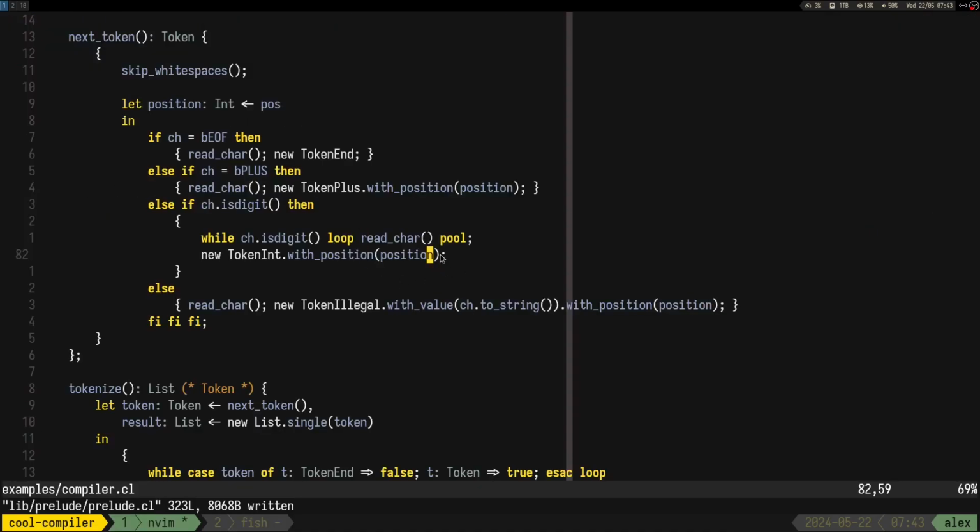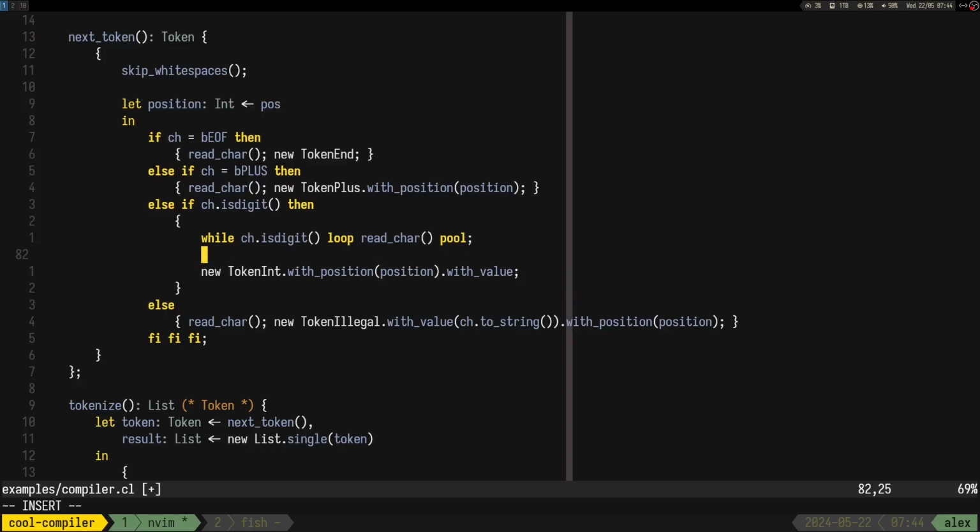Now we could as well put here with value, and for the value we can put, let L, which is the length of the token, be pos minus position, or I guess v value directly.